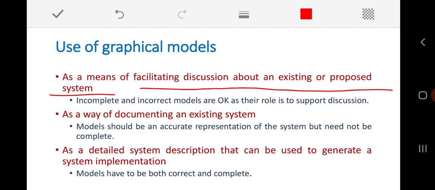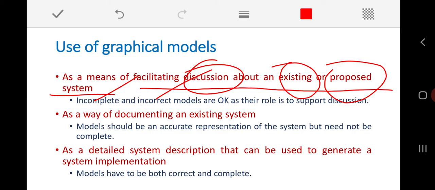These graphical models help us discuss and understand more about either an existing software or a proposed software, but we never expect that our graphical models should be 100% complete or correct. Even if they are incomplete or incorrect, we can develop such system models at the abstract level, and they can be used for discussion purposes, just for a better understanding of our existing or proposed system to be developed.